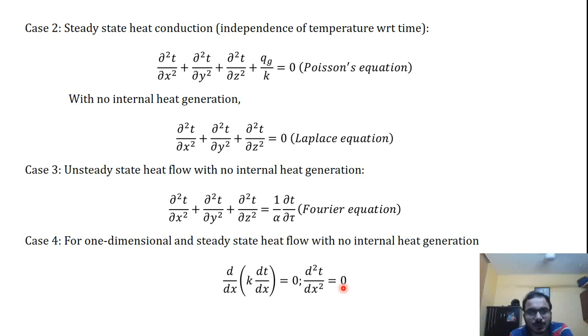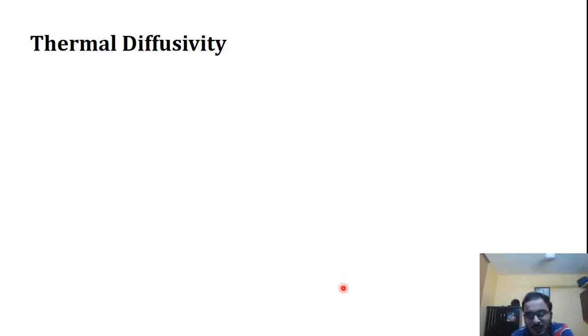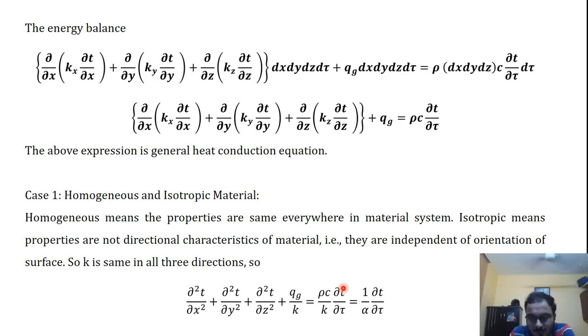So I will suggest you that you go back again to the starting of theory and slowly you derive it parallel to this video. Now our next theory for today is thermal diffusivity, that is that alpha that I was discussing. So now we will focus on this value of alpha, which is given by K by rho c.